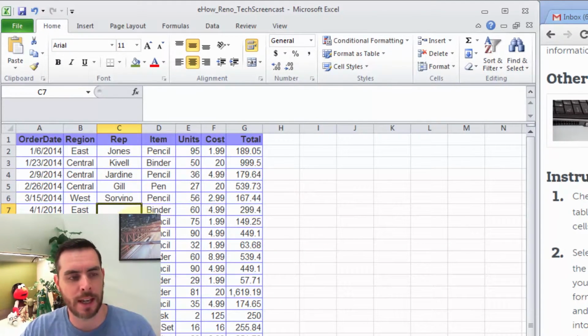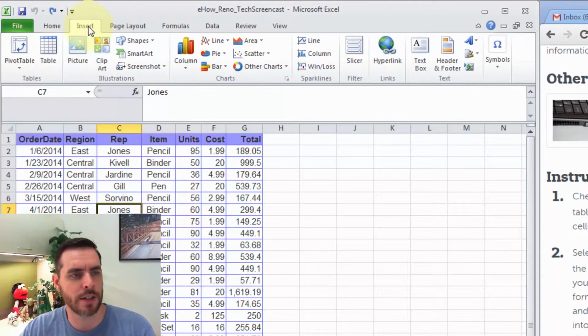If I were to delete that name, that's okay. I'll Control Z and undo that. But you just don't want an entire column or row completely empty, because that'll mess up the pivot table. Now, as long as we're selected anywhere in here, let's go to Insert